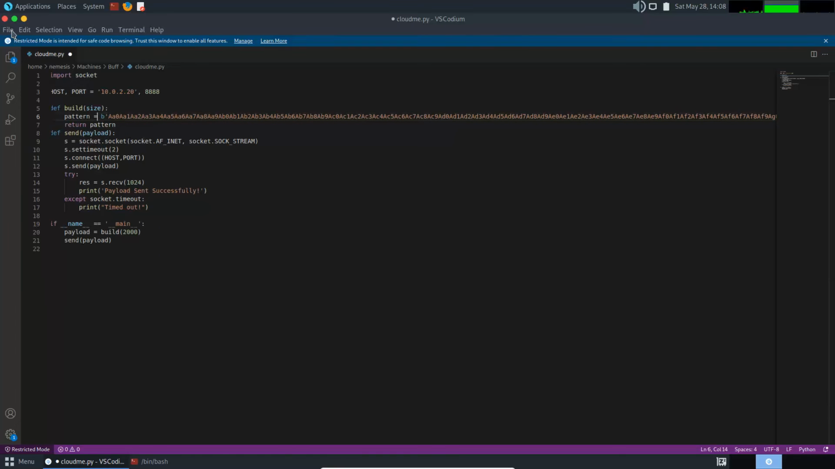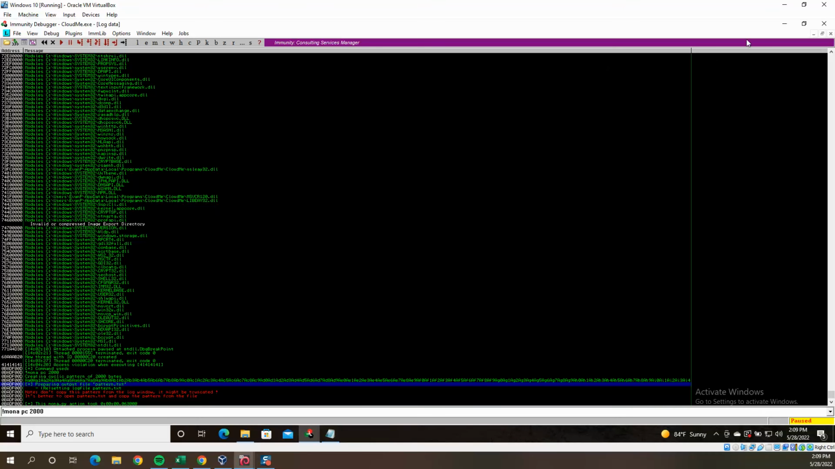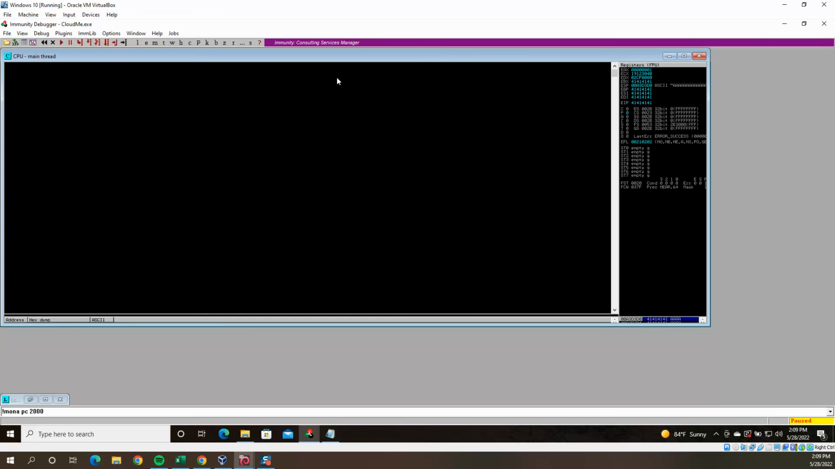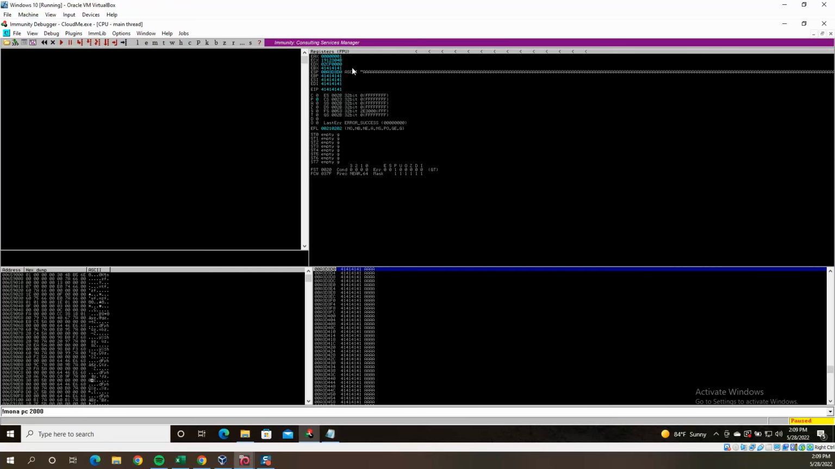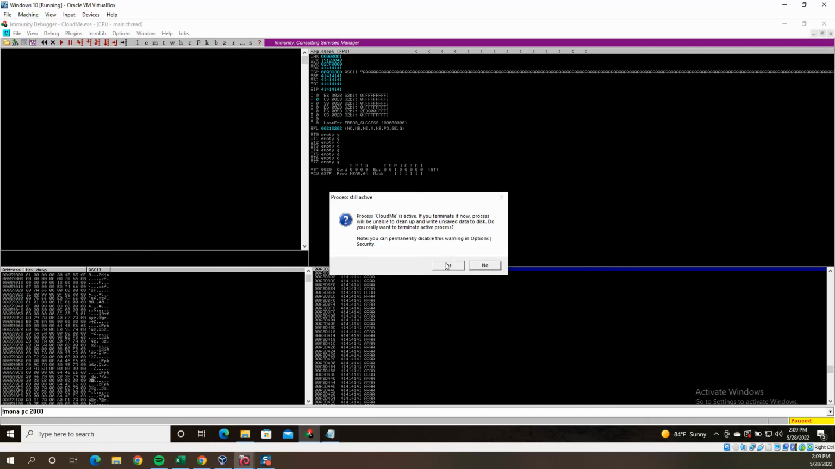So we'll go ahead and save this, and then we will send the exploit again. Oh, but before we do that, let's restart our program. So this log window popped up. We can basically just minimize this, and then to get our view back, we'll just expand this CPU, which shows all the registers. And then if we go debug, restart,